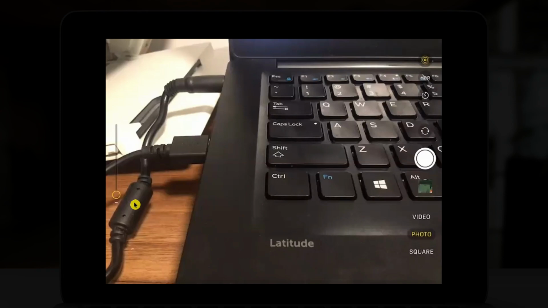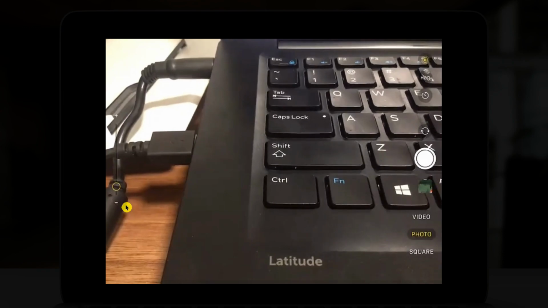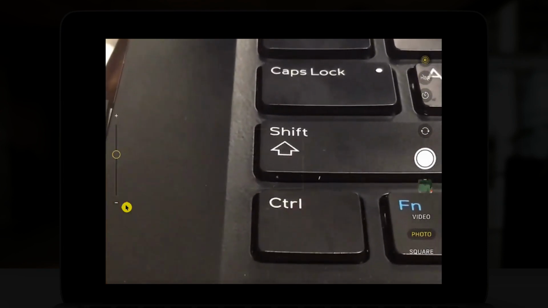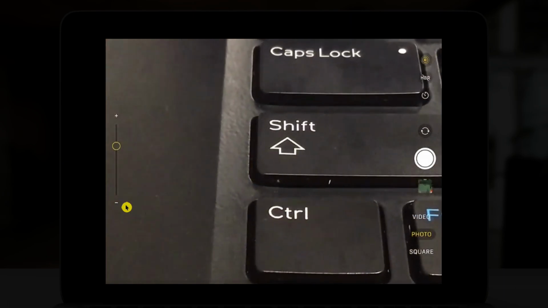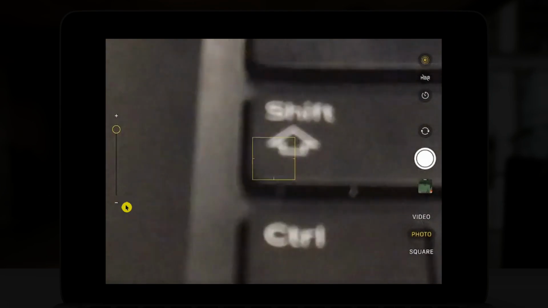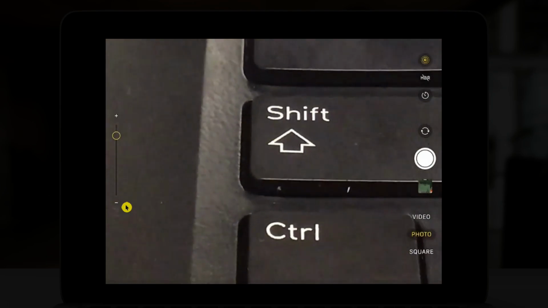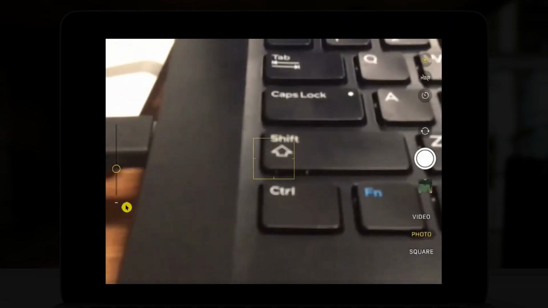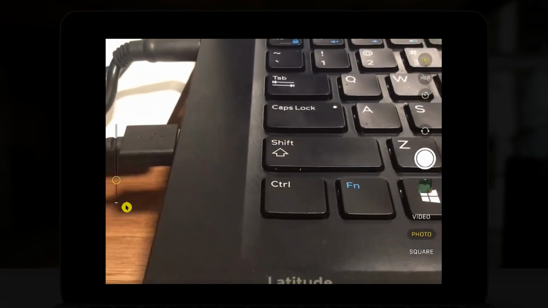And here in the iPad on the left side, you will have this adjustment option that looks like a circle, and you can move this from the bottom to the top to zoom the image. Notice how it keeps getting bigger and bigger as I move that circle to the top, or move it to the bottom, which is towards the minus sign,